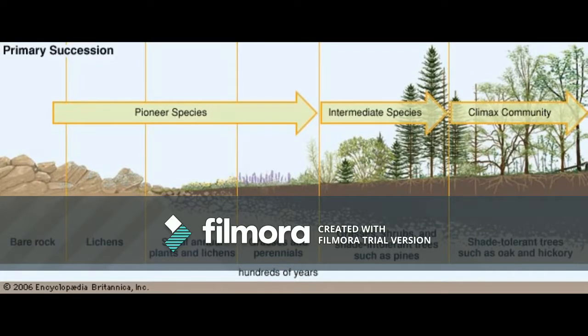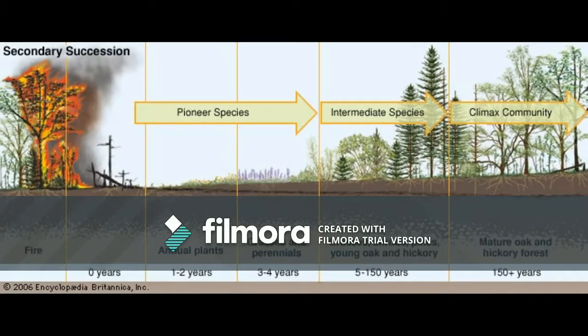Types of succession: primary and secondary succession. The difference is that primary starts at bare rock, while secondary comes from land with nutrients that were already there. As seen in this photo, it starts with weeds and wildflowers, then goes into seedlings and other plants.